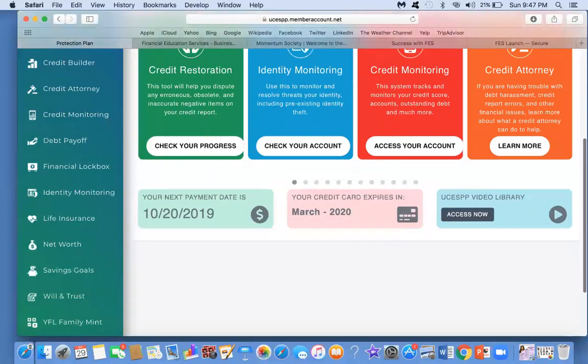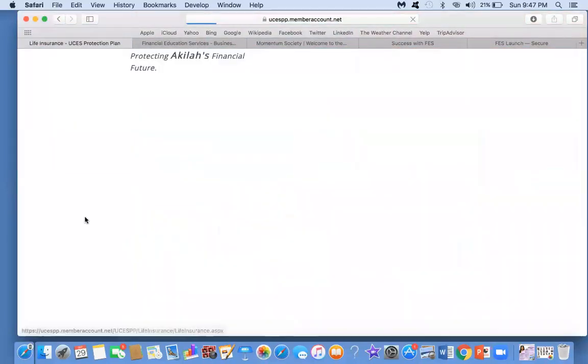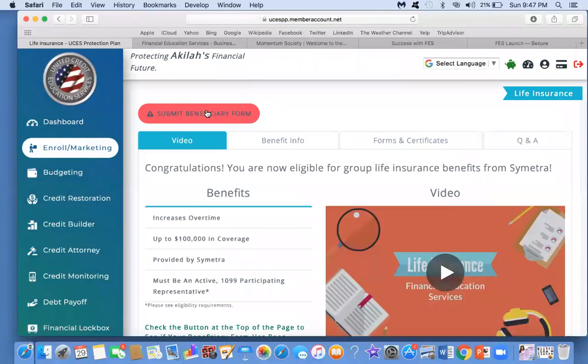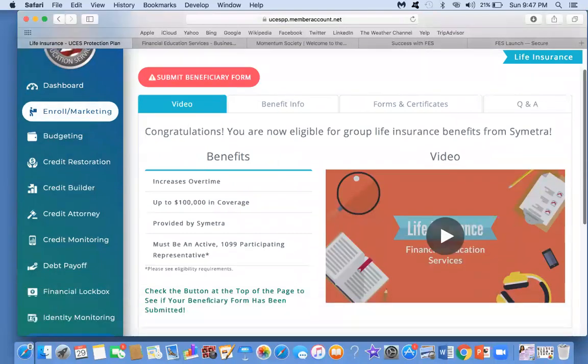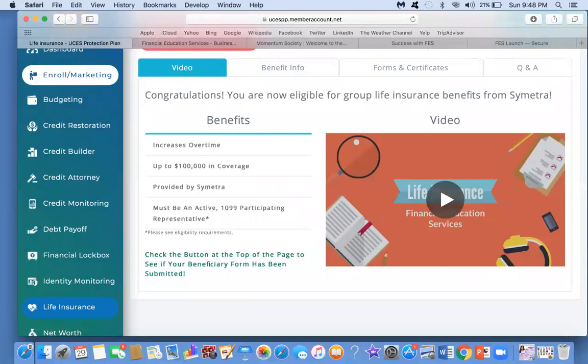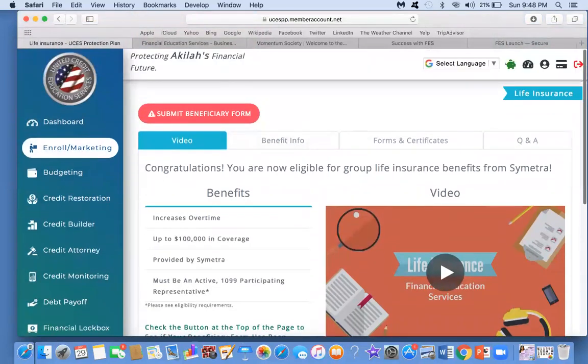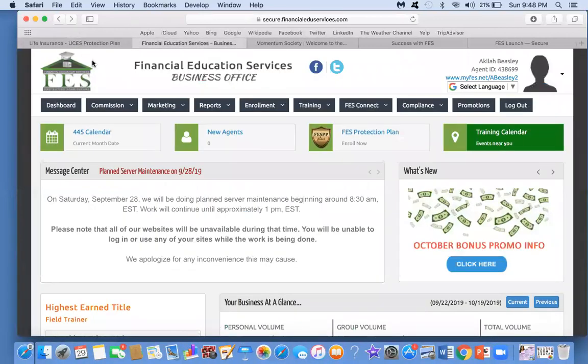The next thing you want to do is you want to go down to life insurance. And you want to make sure you submit your beneficiary form, okay? So you're going to be able to do that there. So that way you can start to activate your life insurance, okay? And then the next thing you want to do is actually